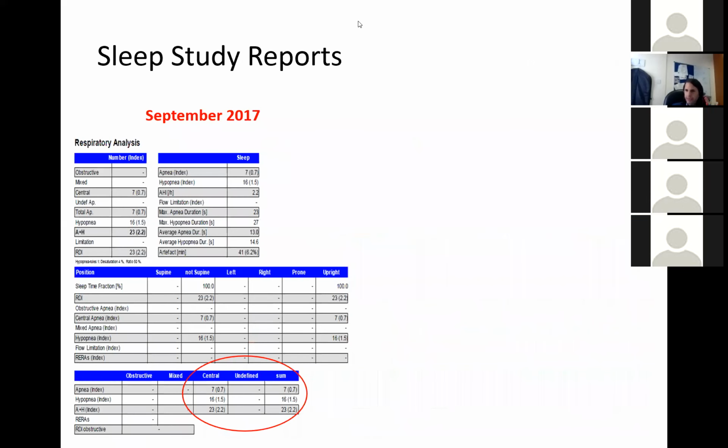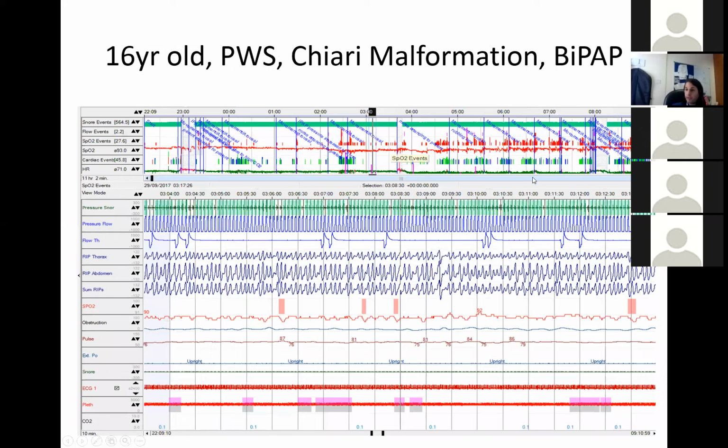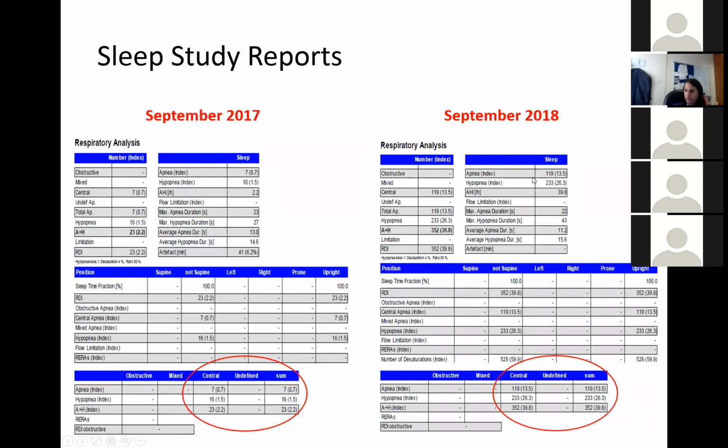And this is the sort of readout that you get from the sleep study report. You can see that her central sleep apnea index in September 17 was 2.2 events an hour. So that equates to this one here. In September 2018, this was a routine screening study she came in for. We were shocked to see that her number of desaturations had gone up to almost 40 an hour, so a